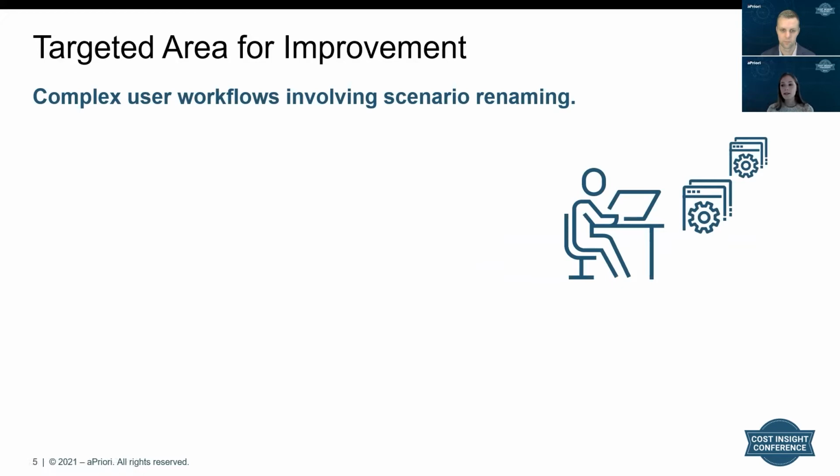There is certainly potential for improving aPriori's existing value tracking reports. An area we have targeted for improvement is the complex user workflow that requires scenario renaming. For both the spend analysis value tracking and basic cost avoidance reports, the user must use specific scenario names in order for the component to be included in the reports. This scenario renaming process